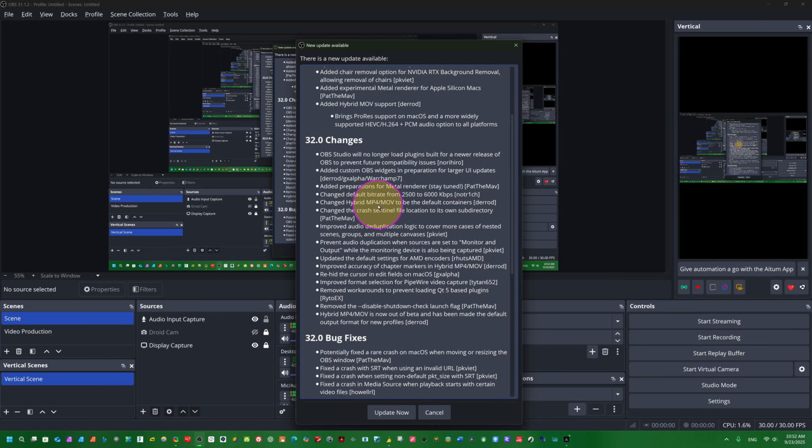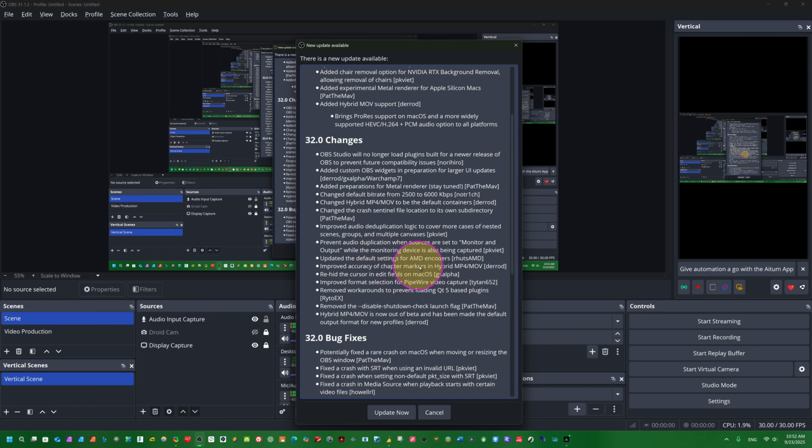Changed hybrid MP4 and MOV to be the default containers. Changed the crash sentinel file location to its own subdirectory. Improved audio duplication logic to cover more cases of nested scenes, groups, and multiple canvases, preventing audio duplication when sources are set to monitor and output while the monitoring device is also being captured.